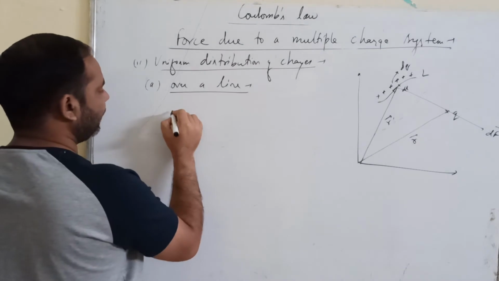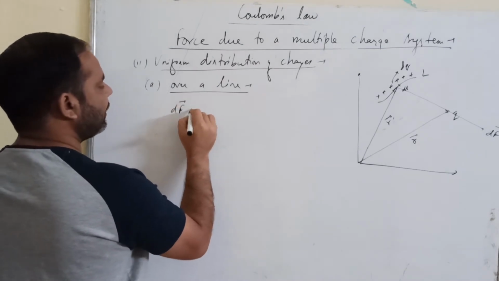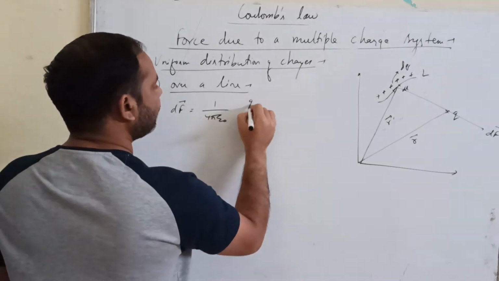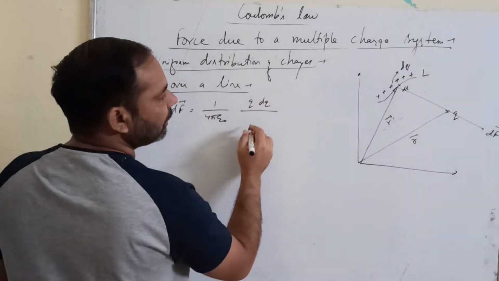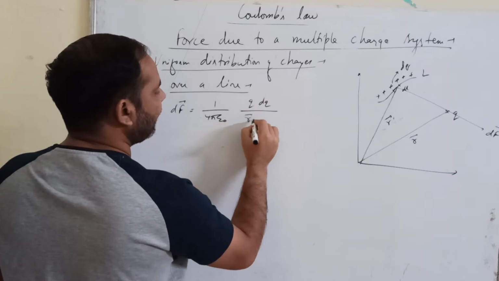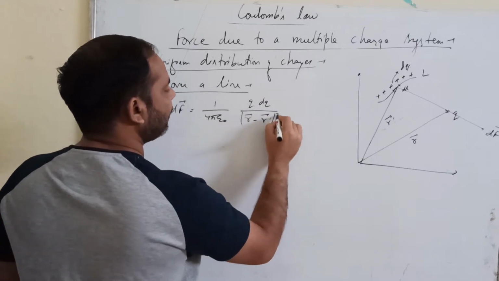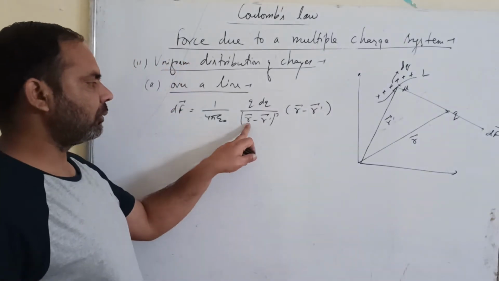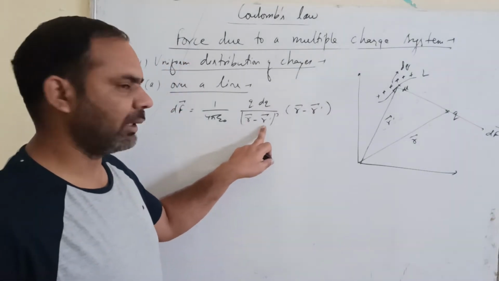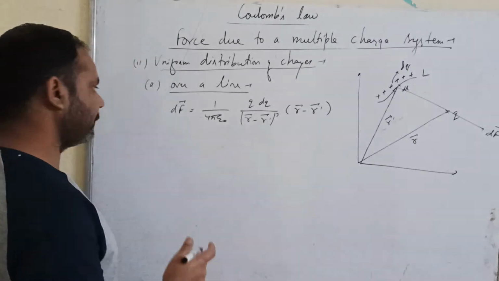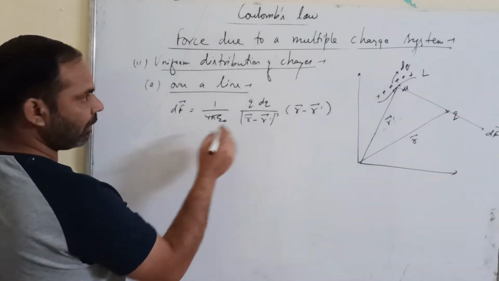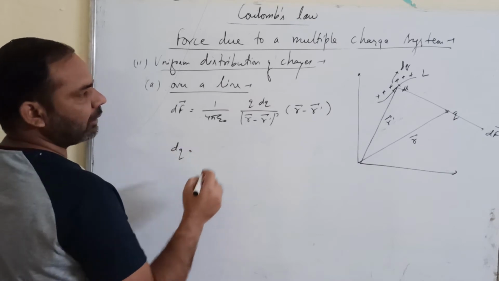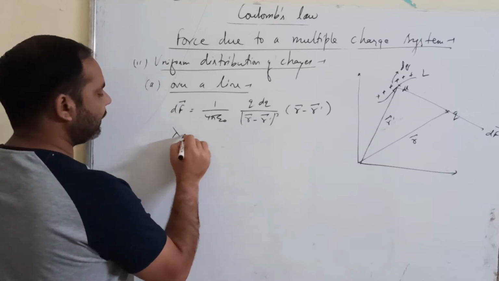Therefore, dF is equal to 1 upon 4 pi epsilon naught, q dq upon |r vector minus r dash vector| whole cube into (r vector minus r dash vector). Force experiencing charge minus force exerting charge. Now we have the value of dq. Suppose lambda is the linear